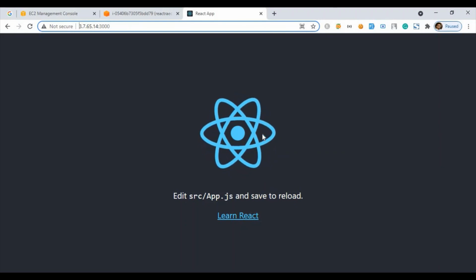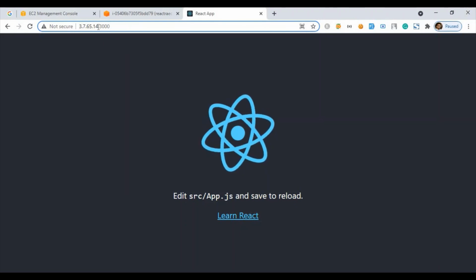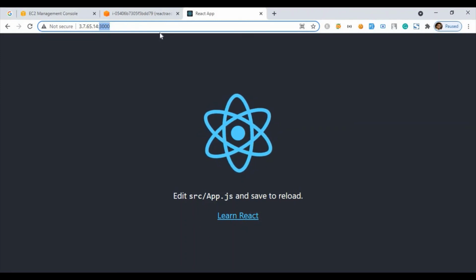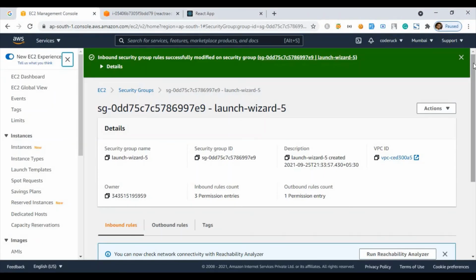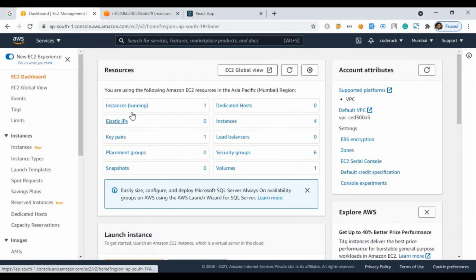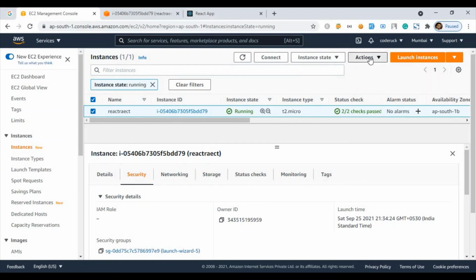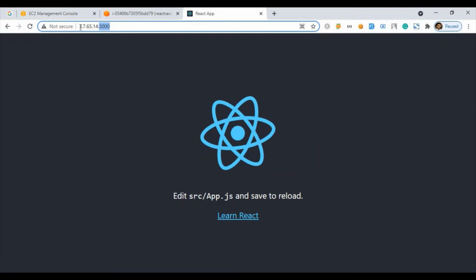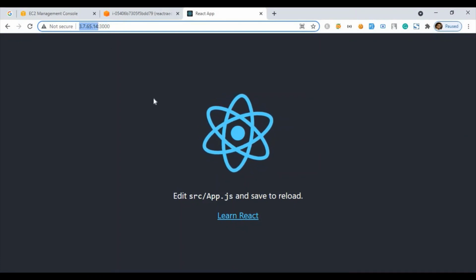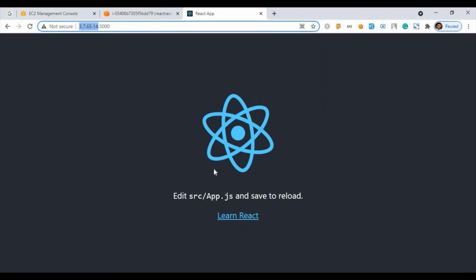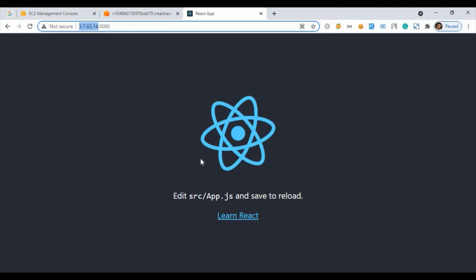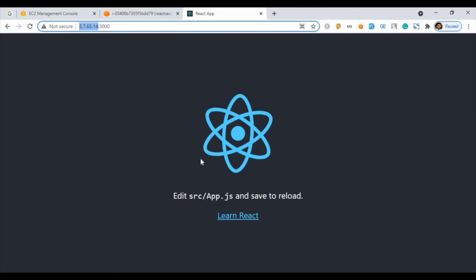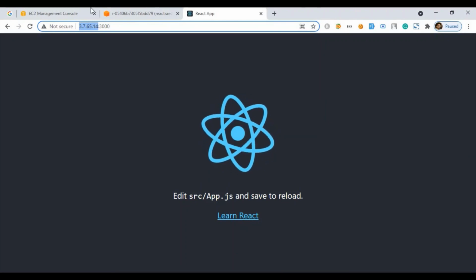In the next video and tutorial, we are going to discuss how you can remove this port and how you can connect with an elastic IP, because right now the issue with this application is that if you restart or reboot your instance, this IP will get changed. So every time you reboot, this IP will change, and if you have shared it with your client or someone, they will not be able to access this project.